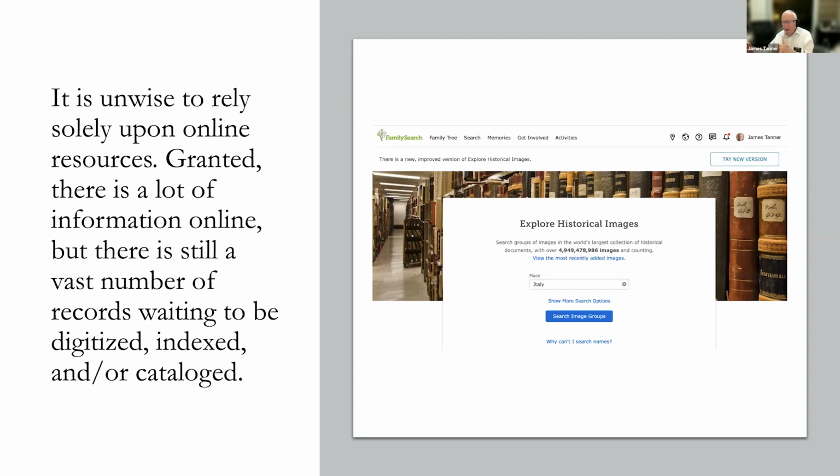So we look for documents, we find the documents, and we go through page by page, or we look at an index and then we go. Just recently there was a question about, well, I have the indexed records, so why do I need to look at the original? Many times, like the one example I've already given, by looking at just the index, which was what I was being supplied by Ancestry,